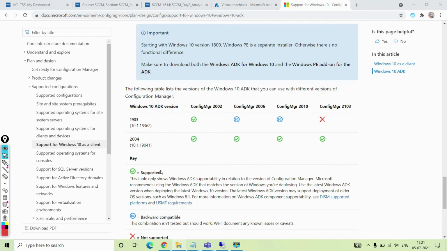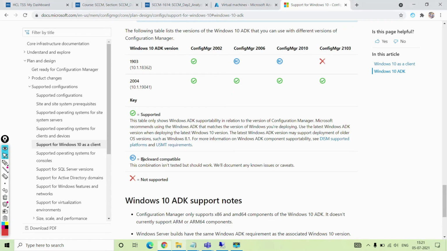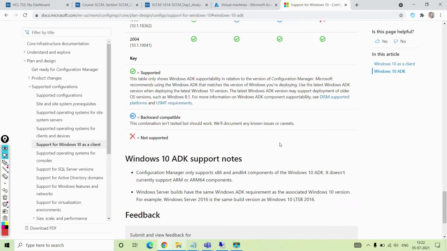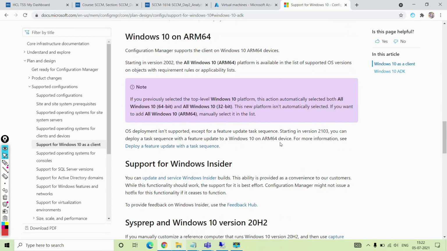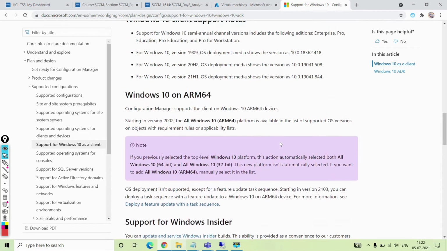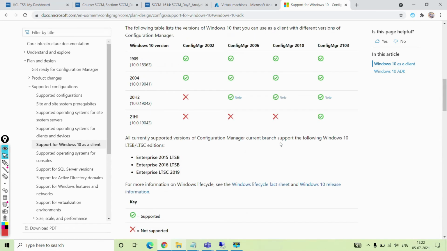BC is backward compatibility. It has backward compatibility with Configuration Manager 2010 and 2006, whereas ADK 1903 is completely supported with Configuration Manager 2002. So you need to be aware which version of ADK or SQL is supported.